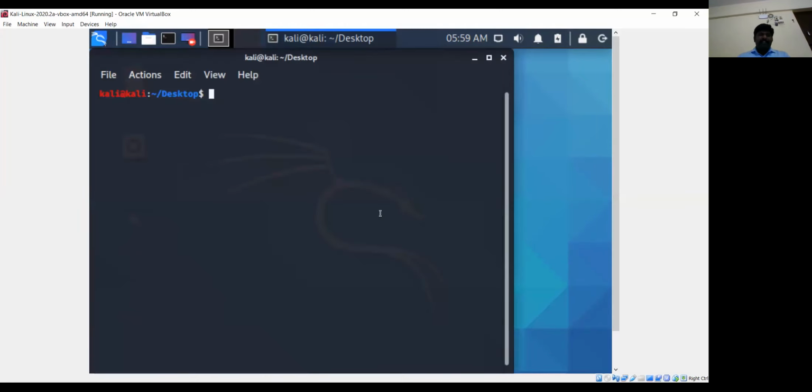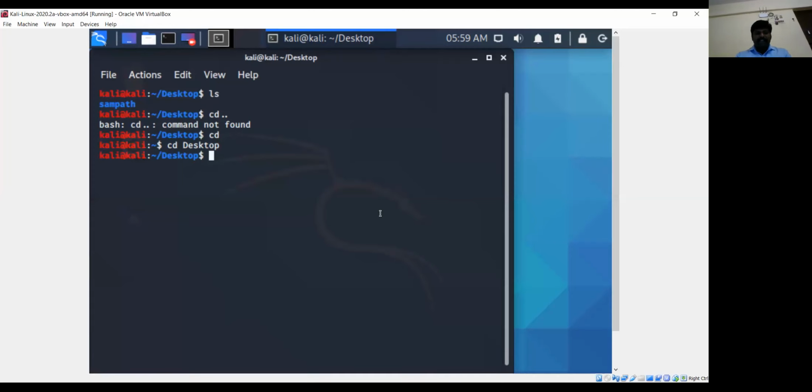So this is the terminal of Kali Linux. There are a lot of commands. Out of that, I'm going to use the ls command, which stands for list. This is going to show the list of files in the directory. Apart from that, the cd command is change directory, and if you do cd .. it will go back, right? But I want to do all my operations in the desktop folder, so cd desktop, and this command will navigate me to the desktop directory, right?